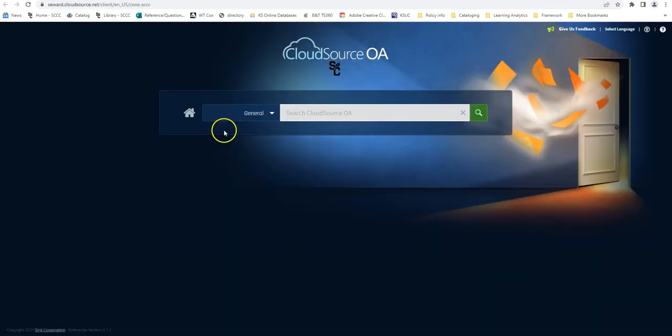CloudSource is another general database, and by general it means that there are lots of different subjects contained in it. So there's history, science, humanities, all different subjects. So I'm going to show you a quick search in CloudSource. It's very similar, and you're going to be doing a lot of the same things. So we are going to search for